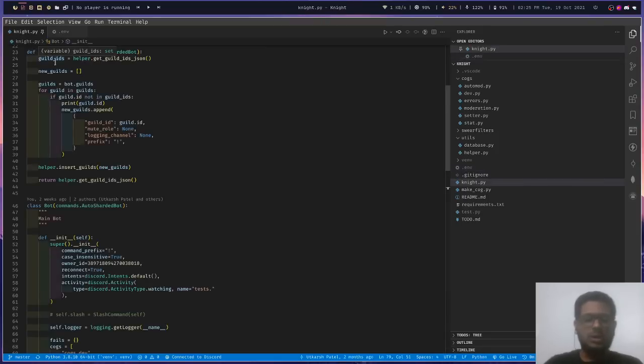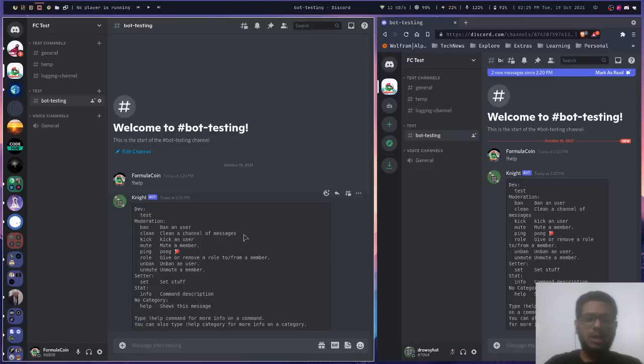Before going to the code, let me first show you all the commands this bot can have. As we can see, this bot is divided into a few sections. First is the developer section. The developer section has all the tools and commands for developing the bot, which includes the eval command and reload command. Since these are dev commands, they are not listed for the public.